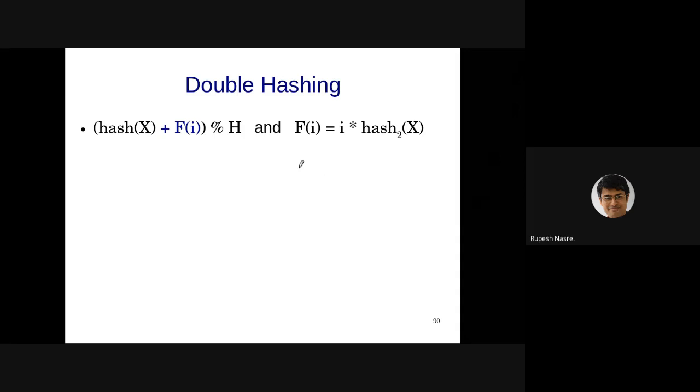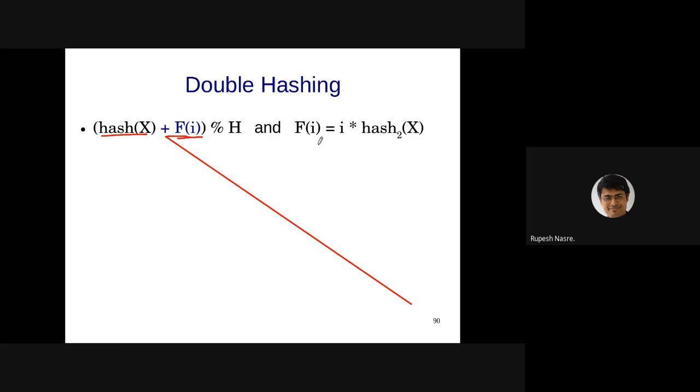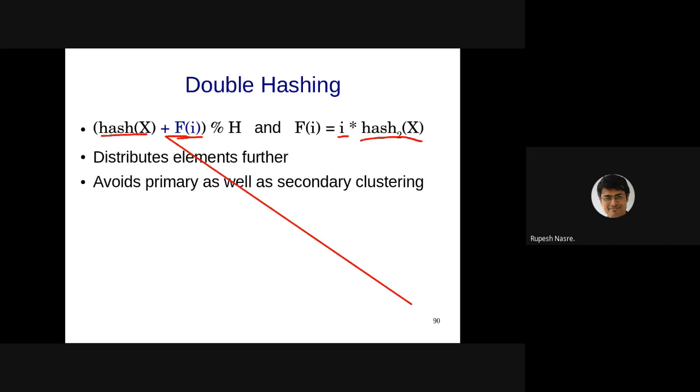So what you are going to do is to again have the same hash function here, and then there is a conflict function f. In this case, the conflict function is going to be not only a different hash function, but it needs to be dependent on how many times the conflict has occurred, so that the distribution becomes much, much better. So the distribution improves and avoids both primary as well as secondary clustering. We have to make sure that it doesn't evaluate to 0, because otherwise this f of I becomes 0 and it hashes to the same value, and that is not going to help you any further, right?